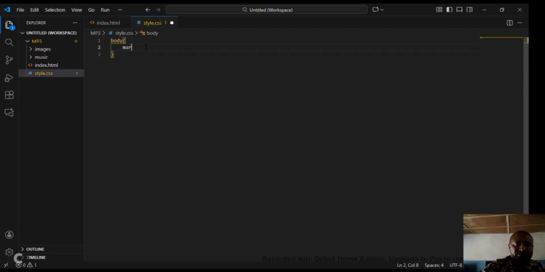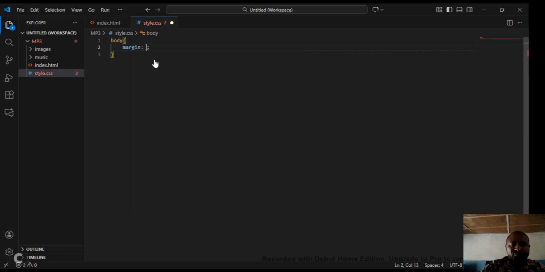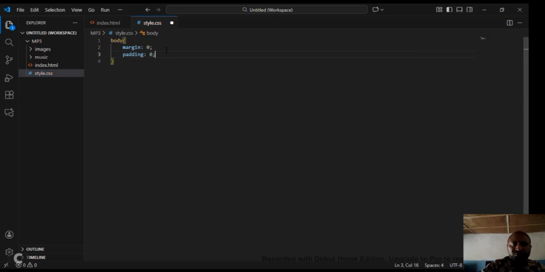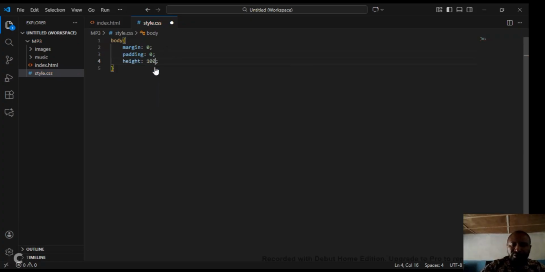Margin 0, padding 0, body height 100vh, viewport height,